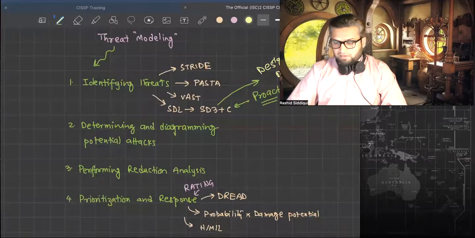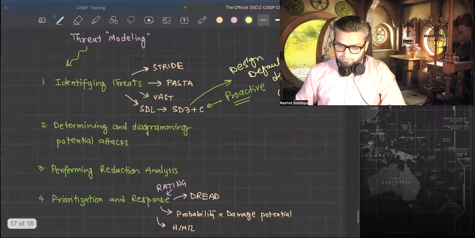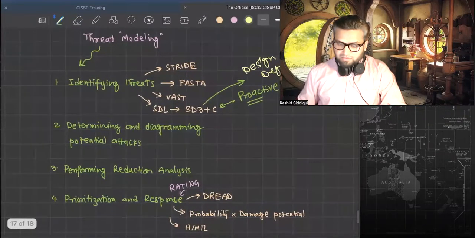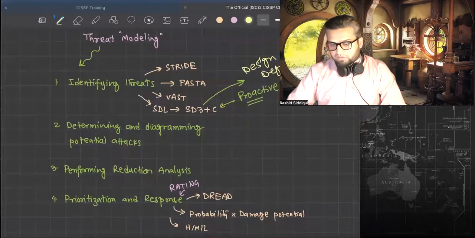Welcome back, friends. In my last video, when I was discussing threat modeling, I presented threat modeling as it is described in the Sybex 9th edition book for CISSP, and basically it consists of four different steps, and they are in sequence. I discussed those steps in some detail and tried to present how these four steps are executed and what the different models are